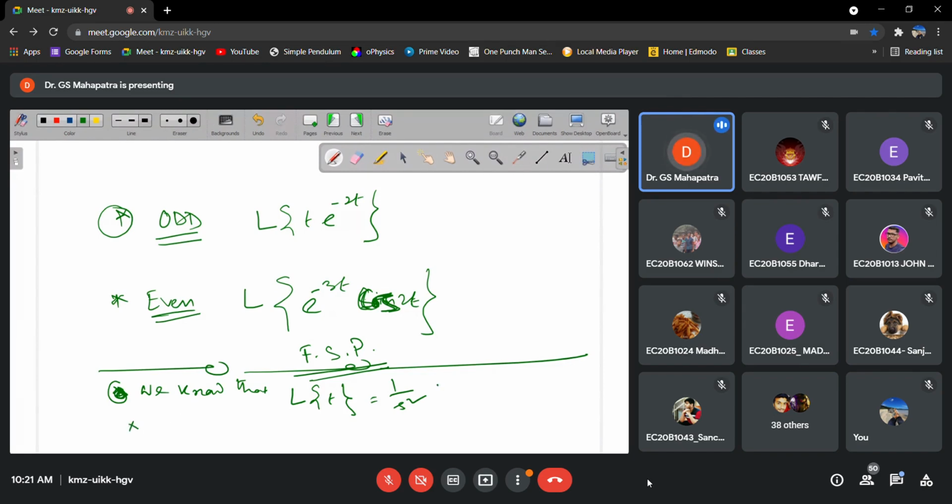Now, applying the first shifting property of Laplace transform, we get